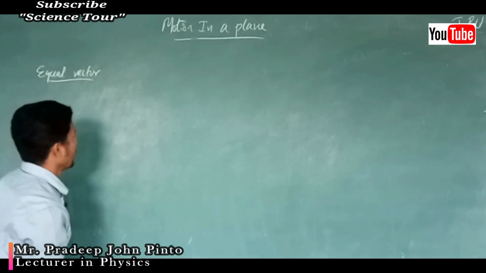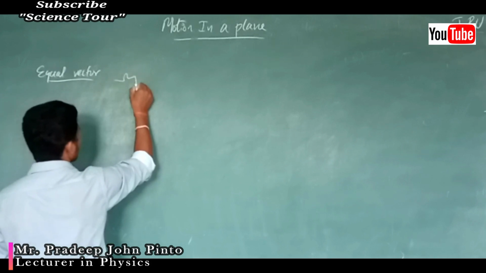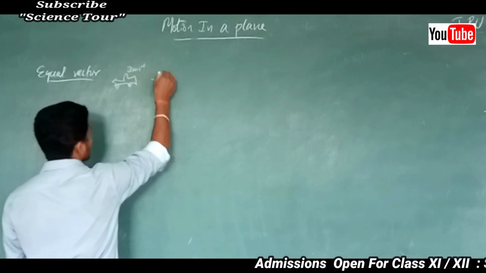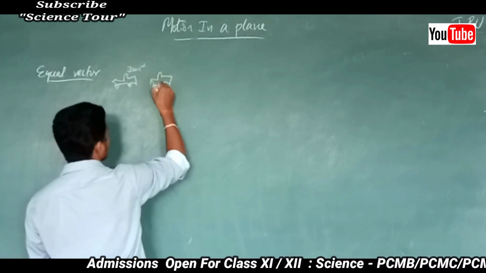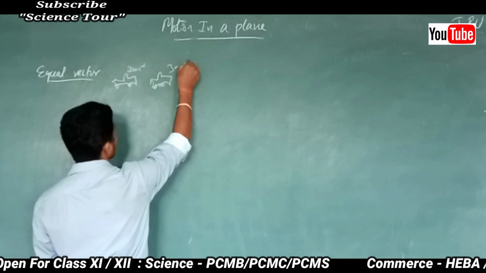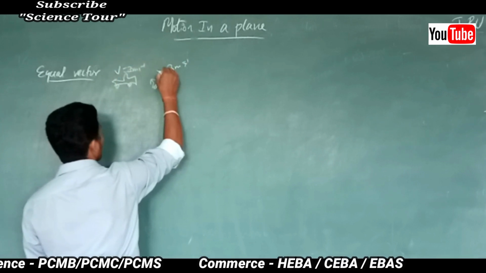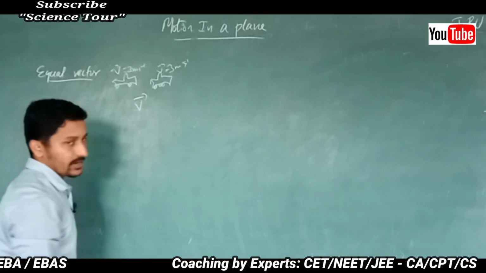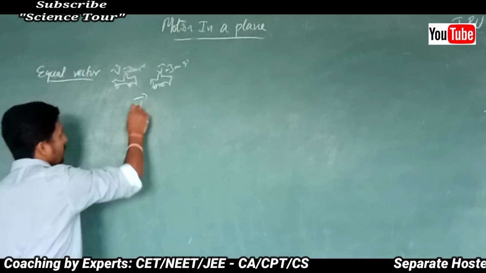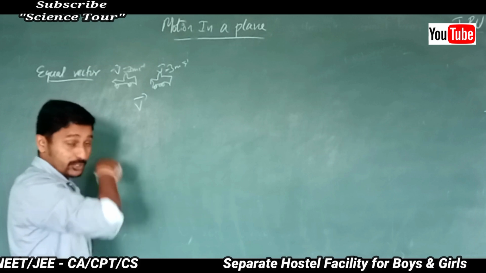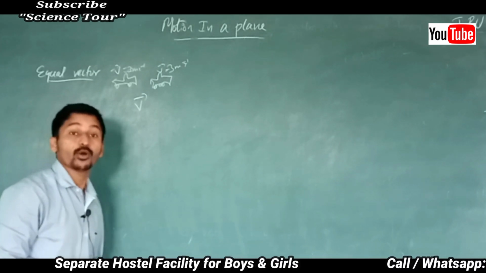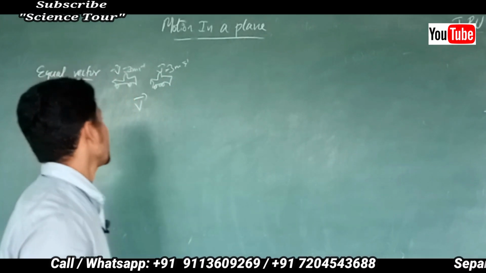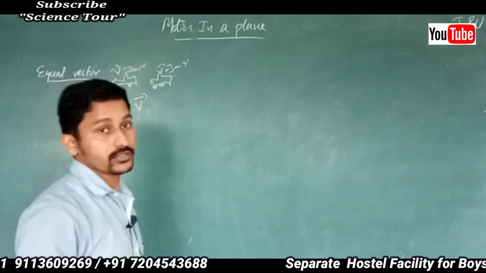what do you mean by equal vector? See, you are moving with the velocity 3 meter per second. Another, your friend, is moving with the velocity 3 meter per second. Velocity is a vector. How to represent a vector? With an arrow. While writing any vector you have to write it using an arrow. But in the textbook you can't see the arrow because they have printed bold letters. If it is printed, it must be bold letters; if it is written, it means an arrow. That you have to write down.